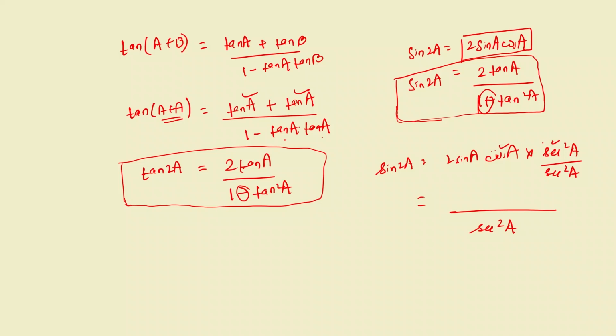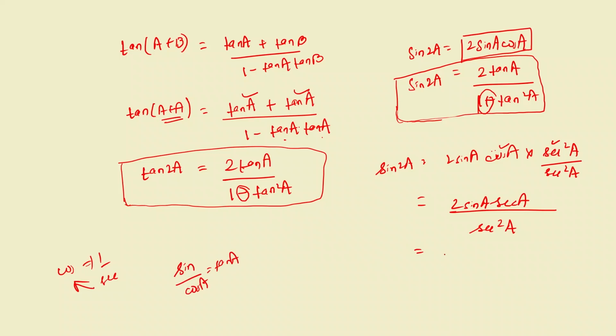If you split sec square into sec a and sec a, then cos a and sec a will get cancelled out, because cos is actually 1 by sec. So cos times sec is actually 1. So 1 cos and 1 sec will vanish, and you will be left with 2 sine a into sec a, and sine into sec is nothing but sine by cos,